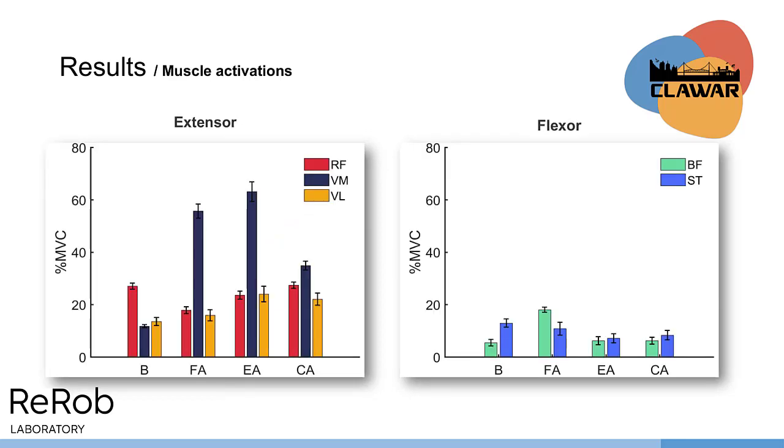In relation to muscle activation, it was normalized using a percentage of maximum voluntary contraction, MVC, in bear mode. When we compared the activation of the flexor and extensor, an interesting observation emerged. In bear mode, which represented a natural state without the exoskeleton, the flexor exhibited lower activation levels. This was due to the assistance provided by gravity during flexion, as opposed to extension where gravity acted as